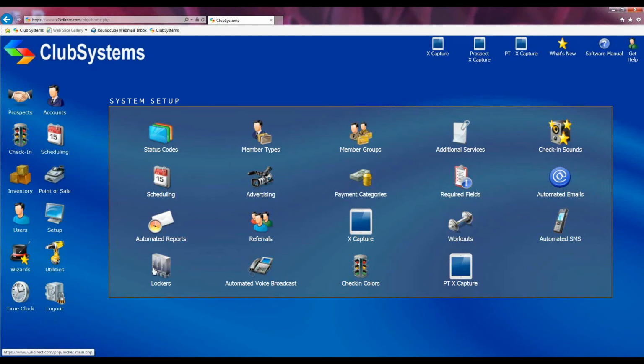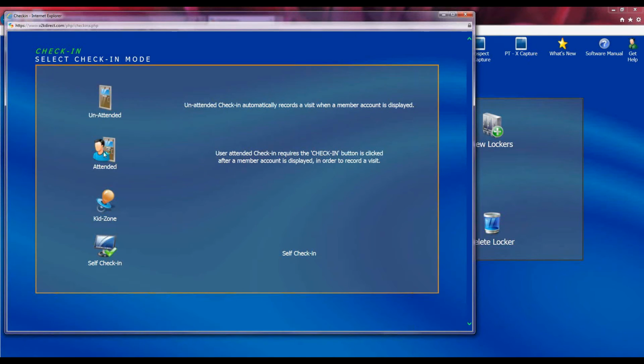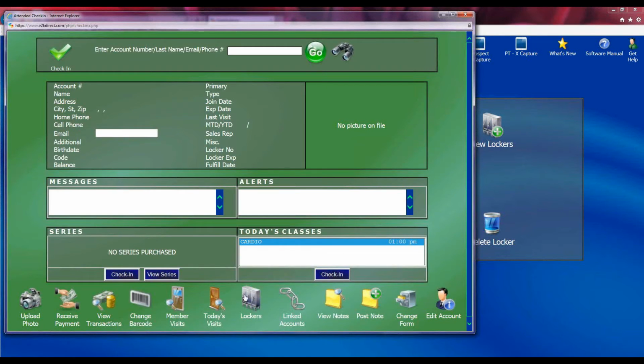Our next icon is labeled Lockers. Lockers is where you can input daily lockers that possibly you allow members to use on a first-come, first-serve basis. If you input your different locker numbers here and what kind of a locker they are, this will in turn show up on the check-in screen. So as your members are checking in and maybe would like to use a locker,